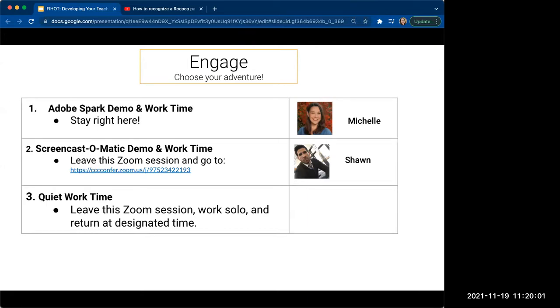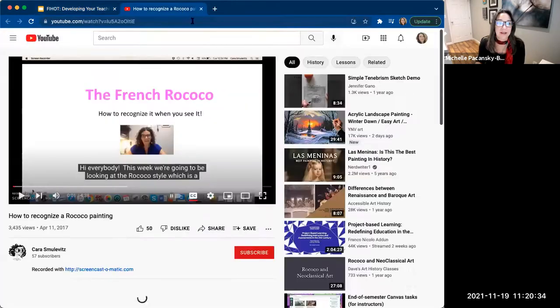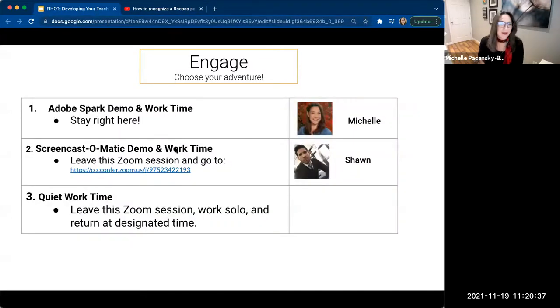And Anne just put a question in the Q&A. If we use Canvas Studio, do we need to learn Adobe Spark? So you will not be able to achieve the same type of video in Canvas Studio that you would achieve in Adobe Spark. So I would say that they're two different tools. It depends on, again, what it is that you're trying to create. So once you see Spark, you'll have a sense of what you can make.